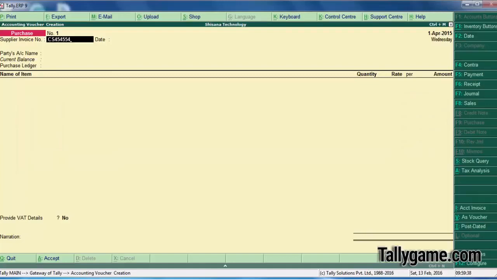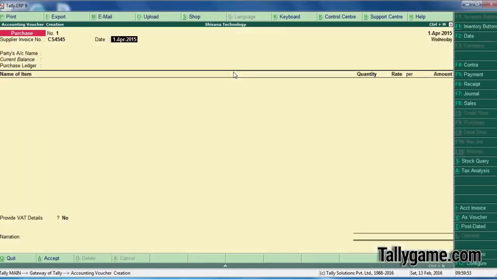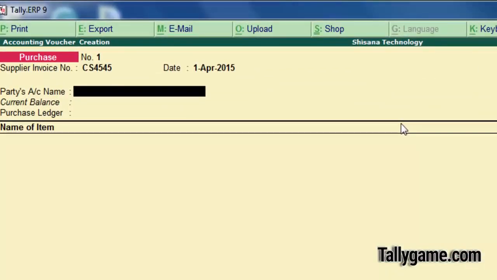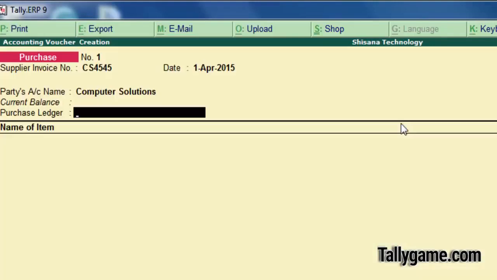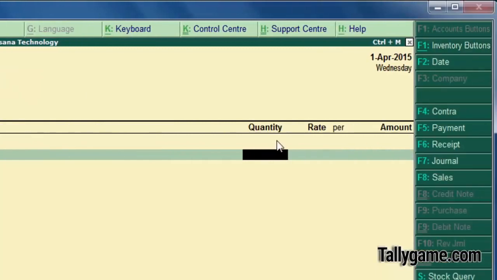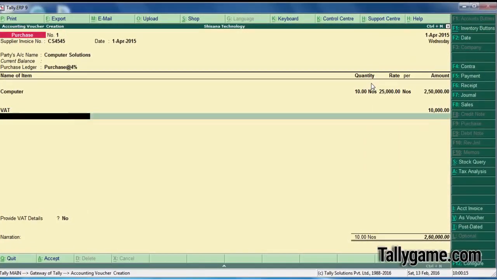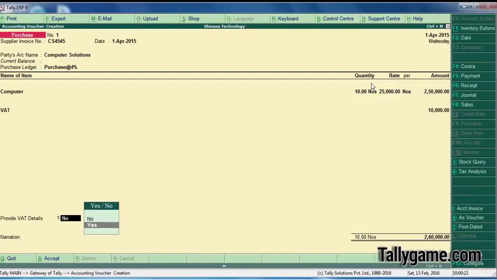Put a supplier invoice number. Select the date, 1st April 2015. Party name is Computer Solution, the supplier. Purchase ledger, and computer is the product, 10 numbers at rate 25,000. VAT, select VAT. Provide VAT details, yes.